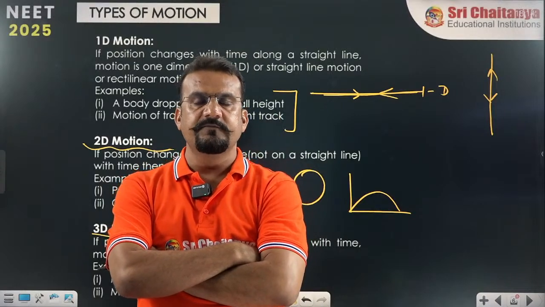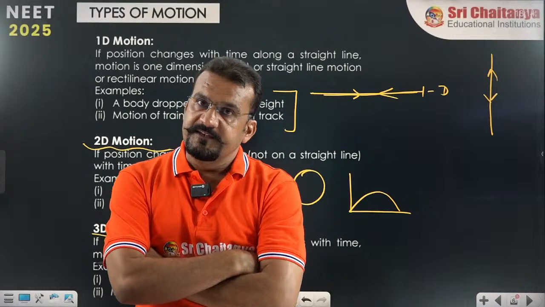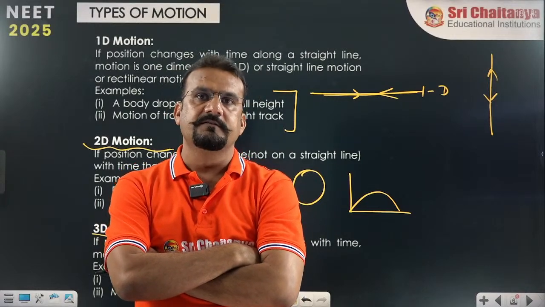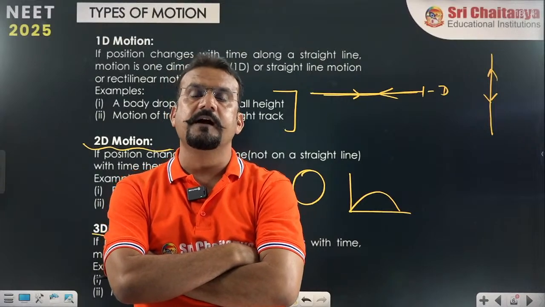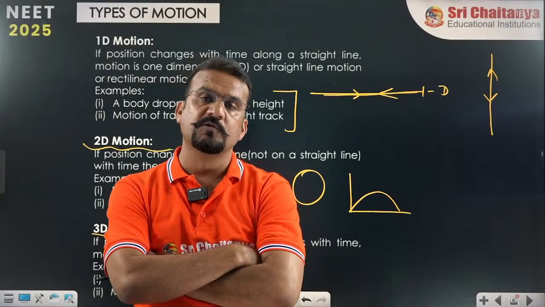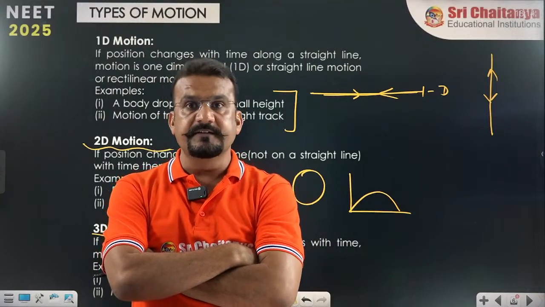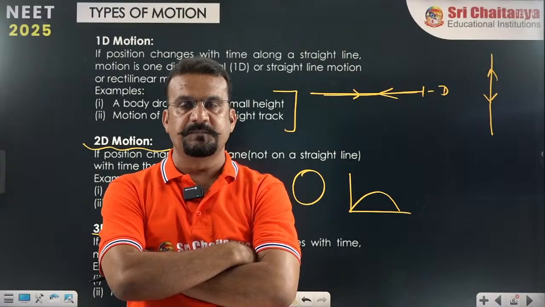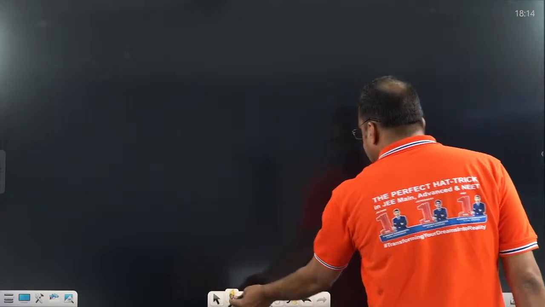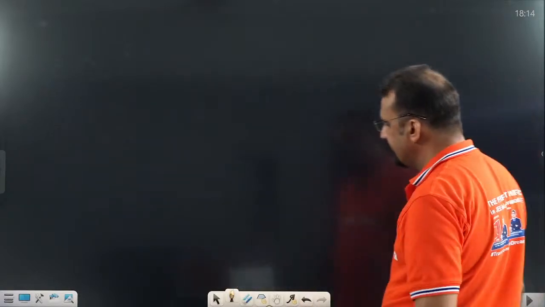One-dimensional motion means which one? Motion in a straight line. So whenever a body is moving in a straight line, we should have a basic idea about the position of that body. Very important. Position vector. Position vector will define the displacement. That means our main topic is distance and displacement. So what is distance and what is displacement? I think you know that.